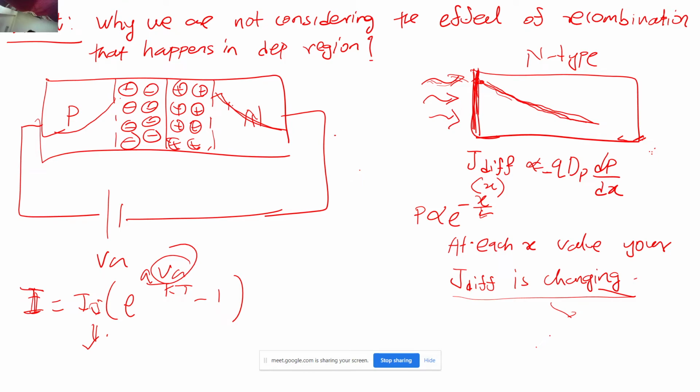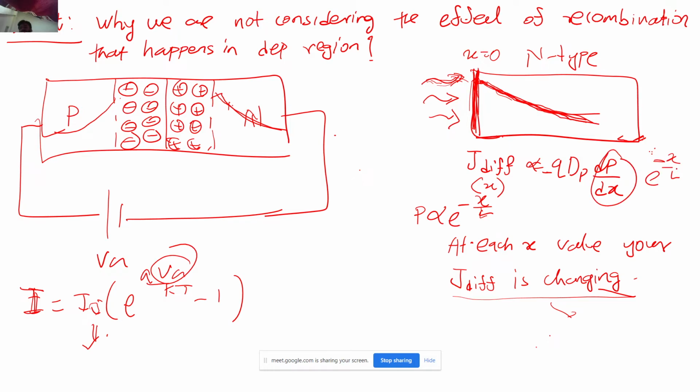Now I asked you another question, just to help you understand the concept. If you have an N-type material, and a certain concentration has been introduced at this edge, x equal to 0, maybe because of photo generation or anything else, then this carrier concentration is going to diffuse as the carriers move ahead into the N-type region. You know very well that this concentration is exponentially decaying, so the dp by dx itself will be some exponential, correct?